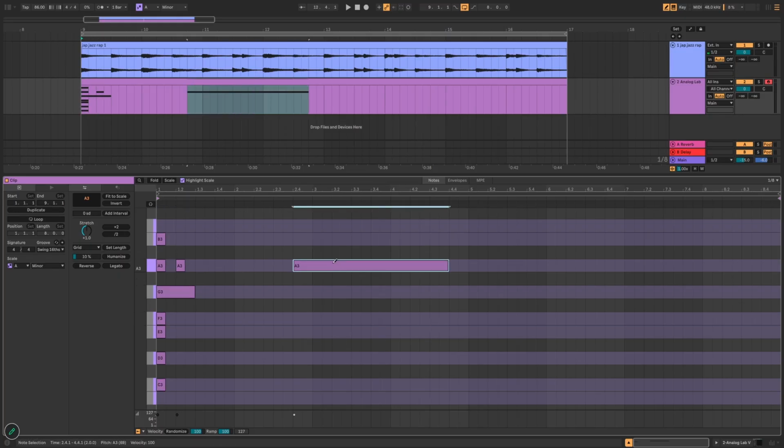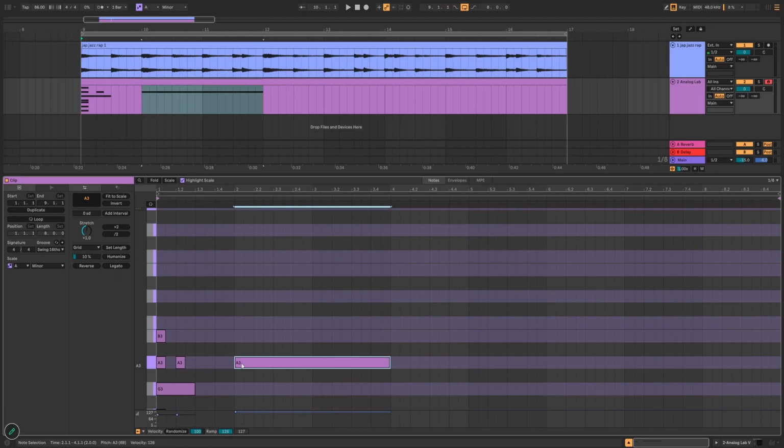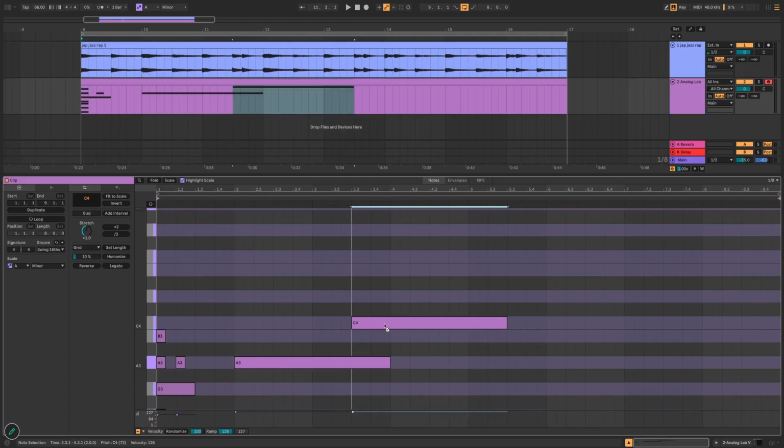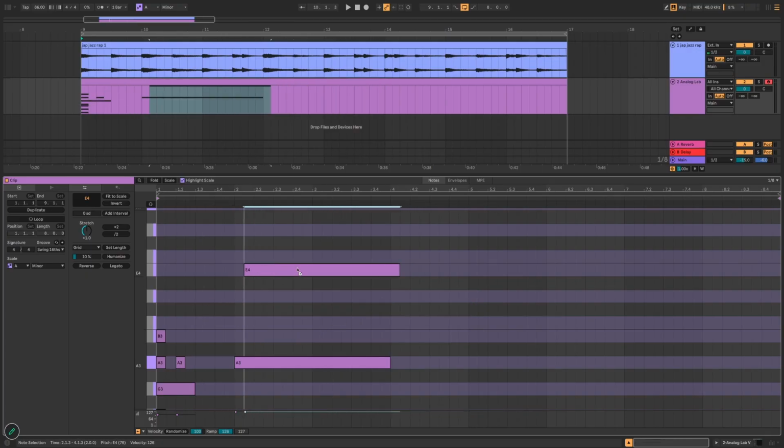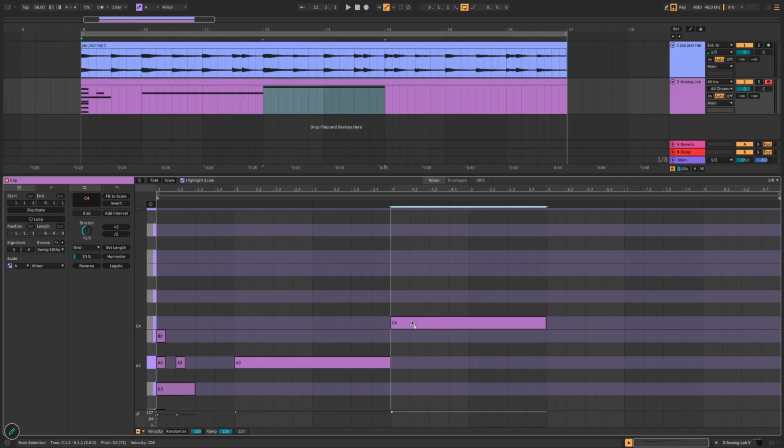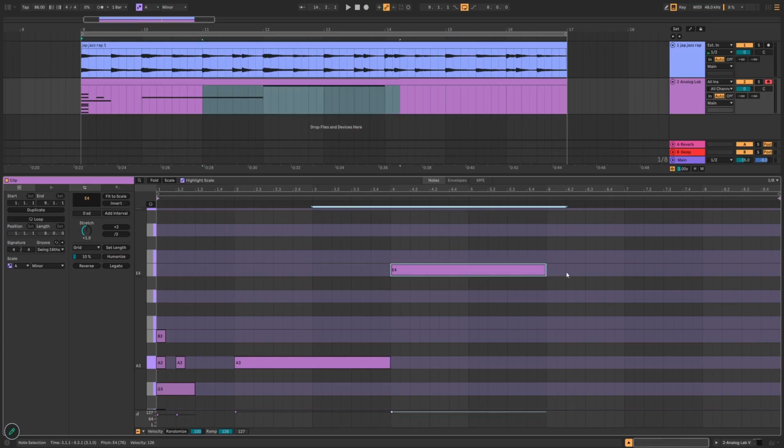Here you start with the A, and if you use A minor, then the A is going to feel like the home chord. The E is going to feel like the chord with the most tension.